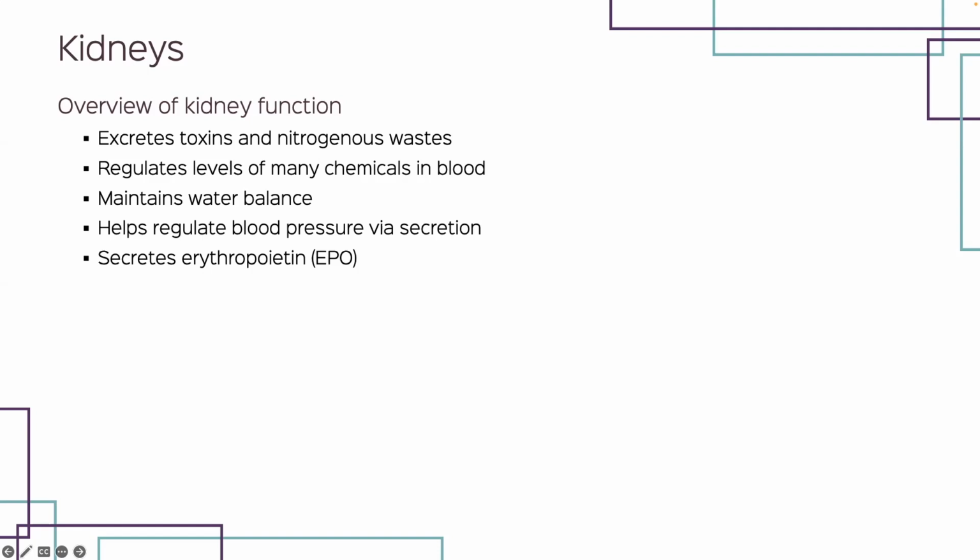An important function of the kidneys is the secretion of EPO, or erythropoietin. As a response to hypoxia, a deficiency of oxygen in the blood, erythropoietin is released into the bloodstream. EPO travels in the bloodstream to the red bone marrow, where it stimulates the production of additional erythrocytes. The additional erythrocytes increase the ability of the blood to absorb and transport oxygen to oxygen-starved